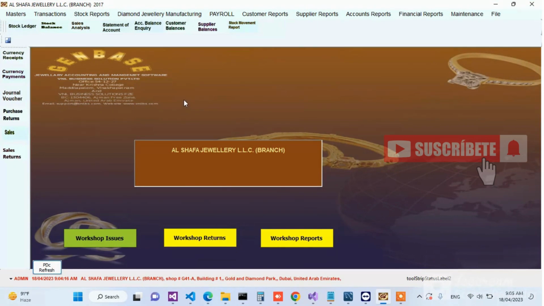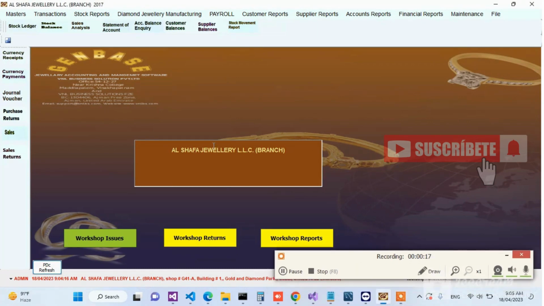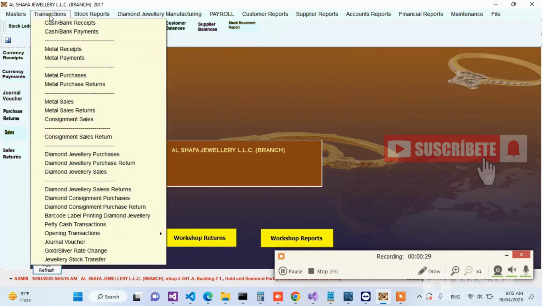See, this is the basic screen. So this is the basic screen. So here we have the workshop issues, workshop returns, and workshop reports. There is a dashboard. There are shortcut buttons, and here we can see all of these